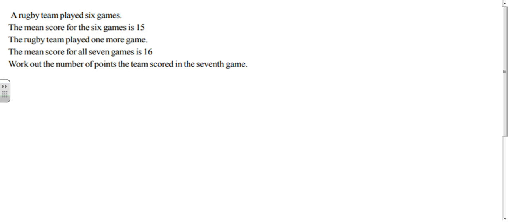So what we do with this is we try and get away with adding them all up and dividing by however many there are. We think about it in terms of a total. So we do the total score and then we divide by however many games they've played. So we work out the total score. We divide that by 6 because they played 6 games, and then they get the mean, which is 15. So therefore the total,